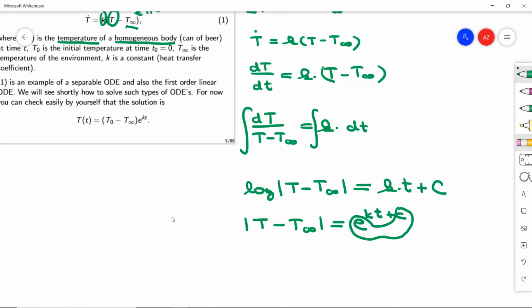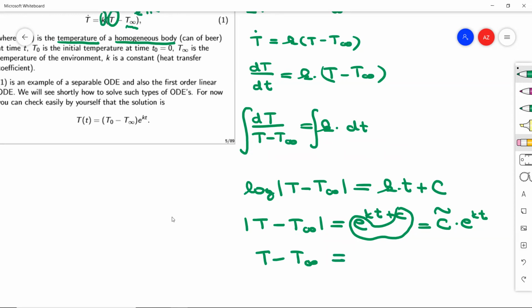So e to the power of C is our new constant, C tilde, times e to the power of kt. And now, whether we take the absolute value or we don't, in fact, we can now forget about the absolute value,